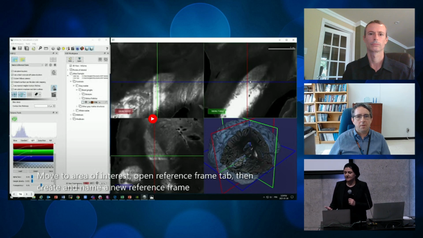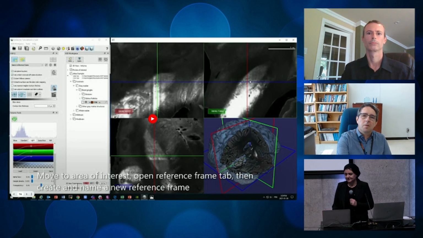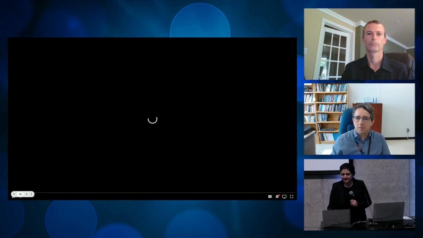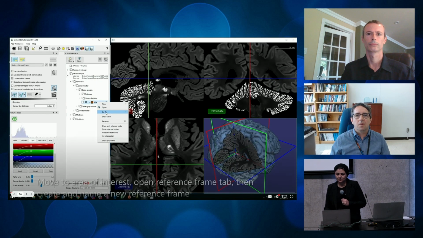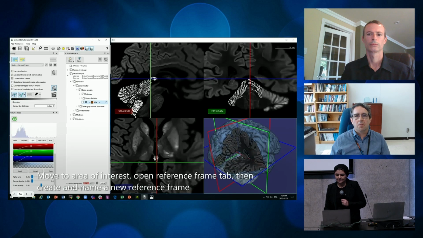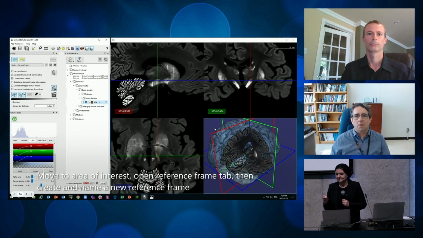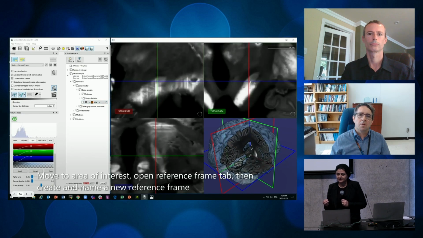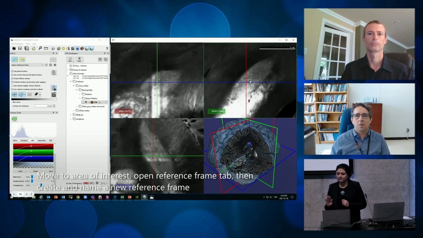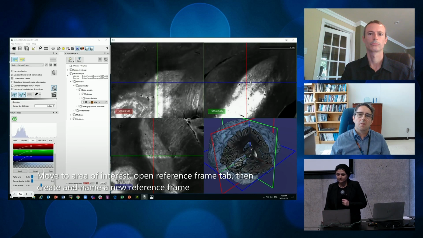One of the main advantages of this software is that it makes it possible for the user to create and set his own oblique reference plane. It's very important because sometimes you're working with a special part or segment of the brain. You want to show some results or work or draw some parts of the brain, and you want to have this reference plane set to this structure. To do so,